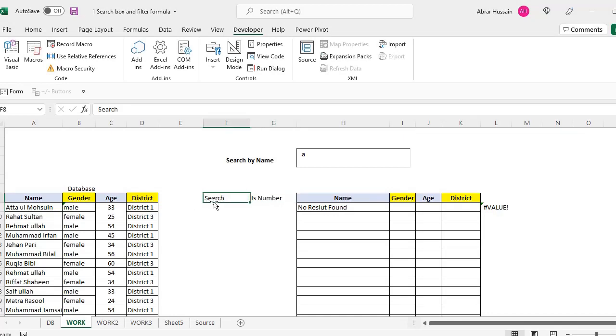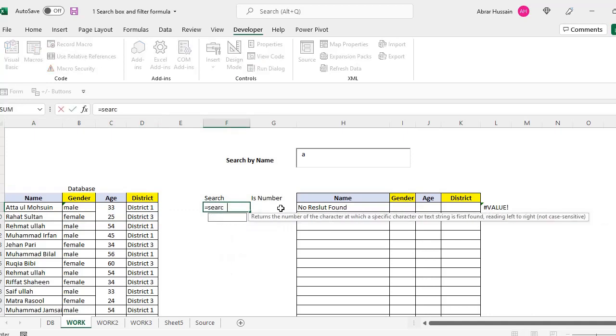Don't add these 2 columns inside your database. These 2 columns should be separated somewhere on that side, not inside the database, because we have converted our database into a table and no extra column should be mixed with it until and unless that is part of the database.